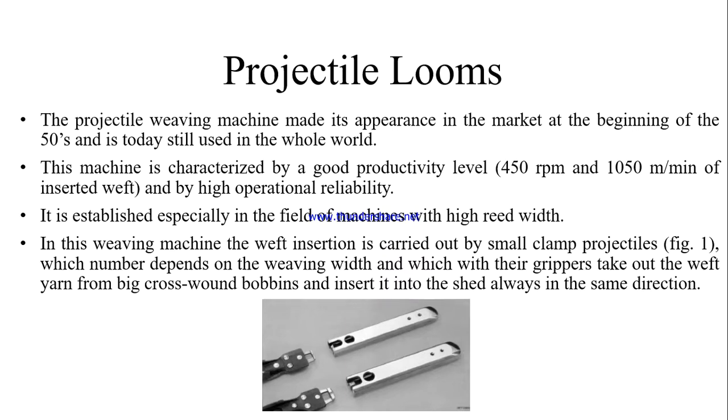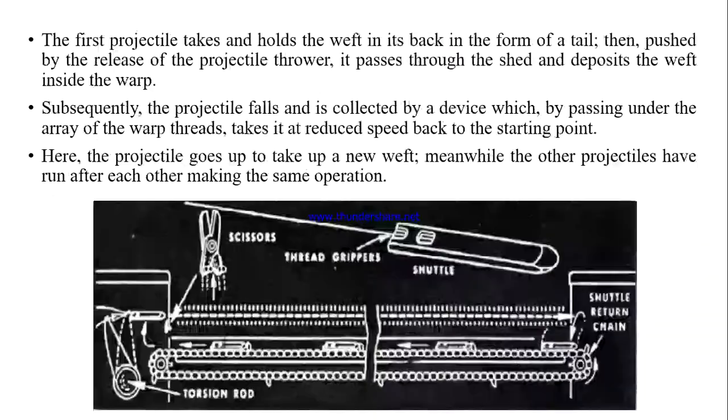So that's why after completion of one picking cycle by a projectile, that same projectile should be brought to the other side for its insertion again. So that's why a number of projectiles are required, where only one projectile will be giving the insertion. Then after completion of its insertion, the same projectile should travel to reach the picking point. I shall discuss here in this slide how the projectiles will come back to their picking position after completion of the weft insertion.